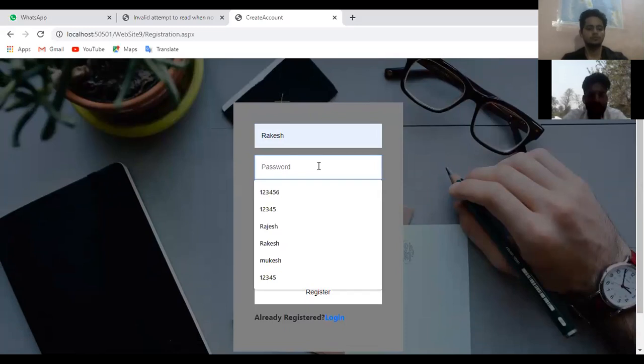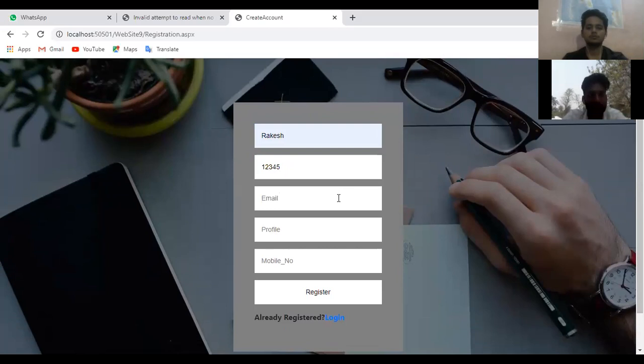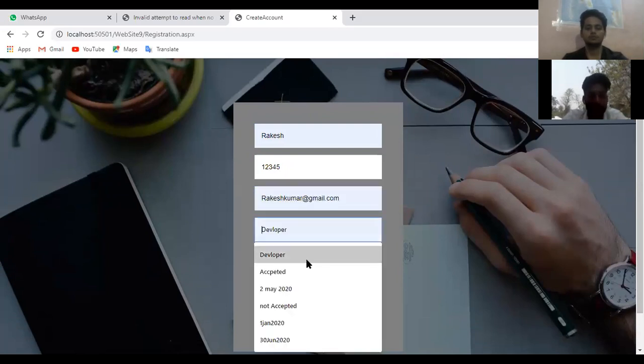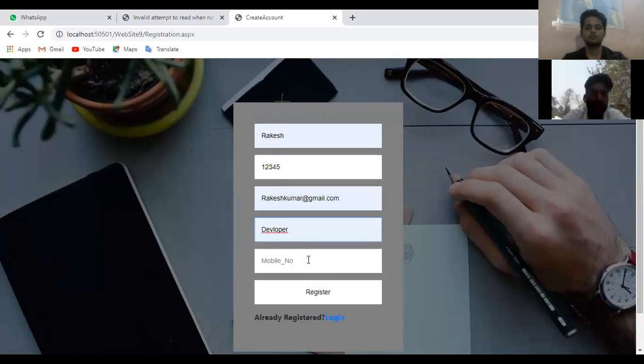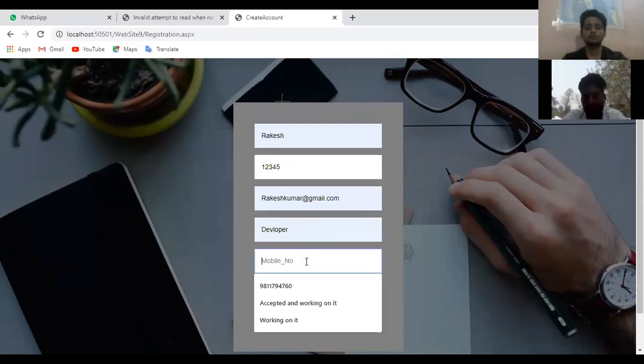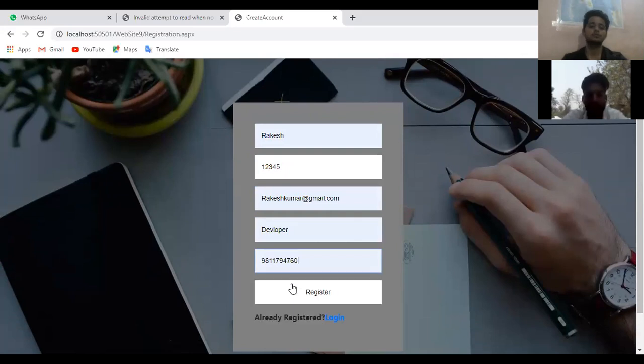First username, then password, then email, then profile such as developer or tester, then mobile number, then click on the register button.